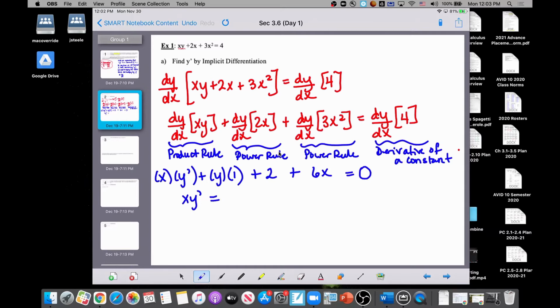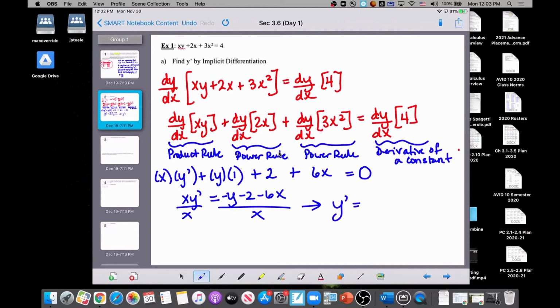So x times y prime is equal to negative y minus 2 minus 6x. And the order of the terms doesn't matter as long as you have the right signs. And then if I want to solve for y prime, I have to divide both sides of the equation by x. So my derivative, my y prime, is going to be equal to,